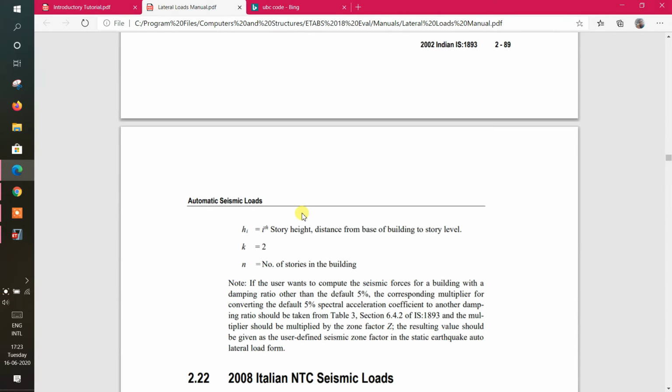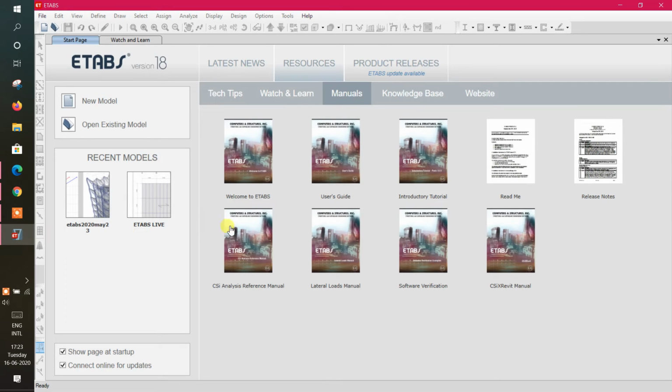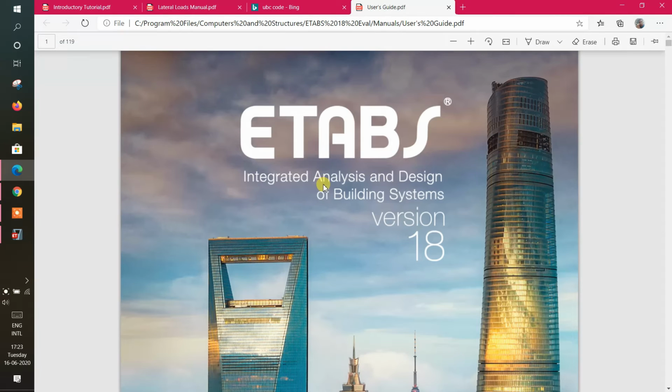Just look here and note it down. And other things are similar. Okay, let's go to the software verification. Okay, these things are no need, guys. Mostly what we need, these are also somewhat important, I think.